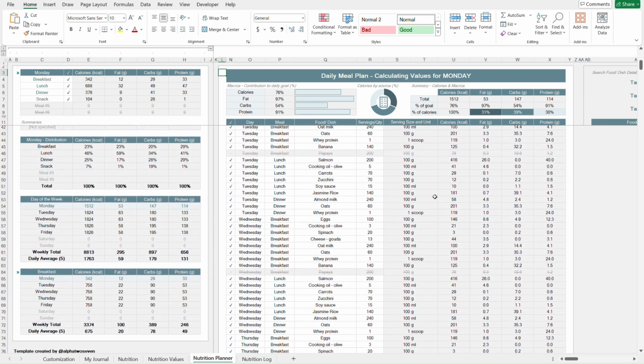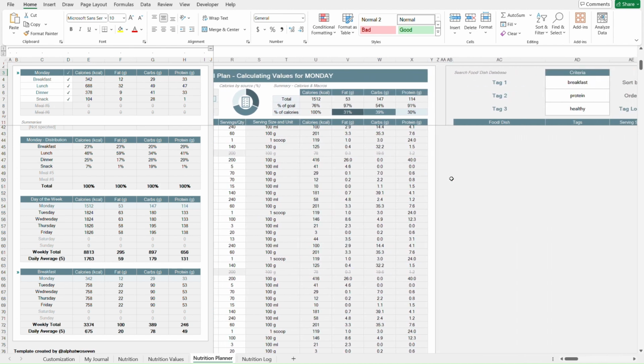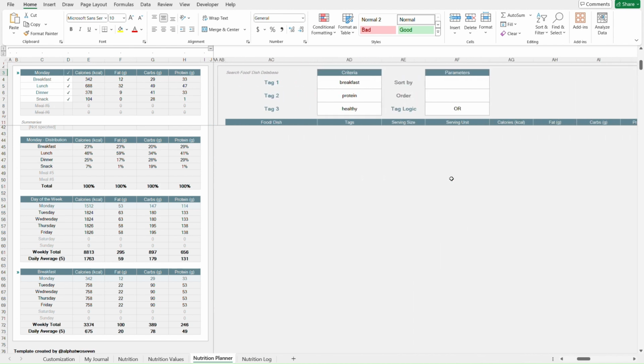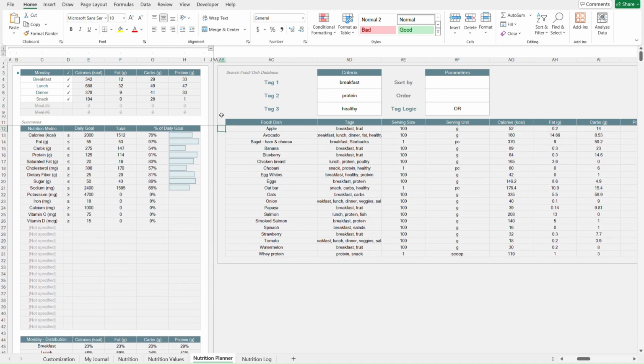As I mentioned at the beginning, in this worksheet, you will also find the search tool here on the right, and it will display the foods and dishes from your database that match the criteria and parameters that you have specified. So as you can see, my criteria is breakfast protein healthy, and then my logic is or, and then everything gets displayed here. If I were to select, for example, and,